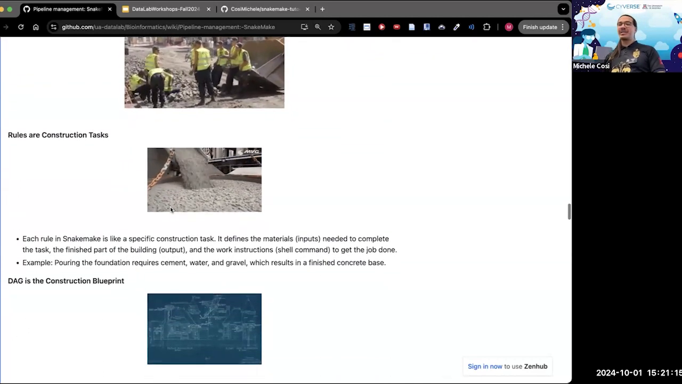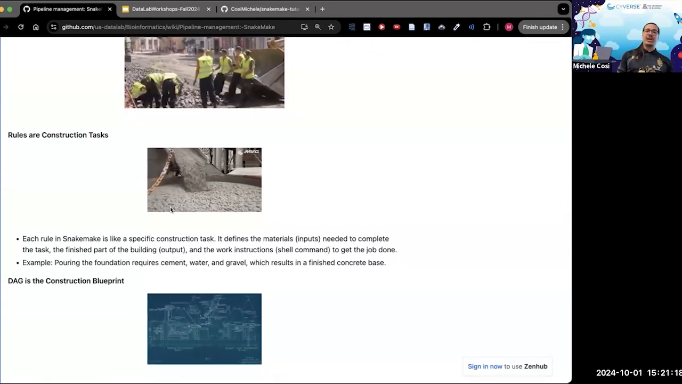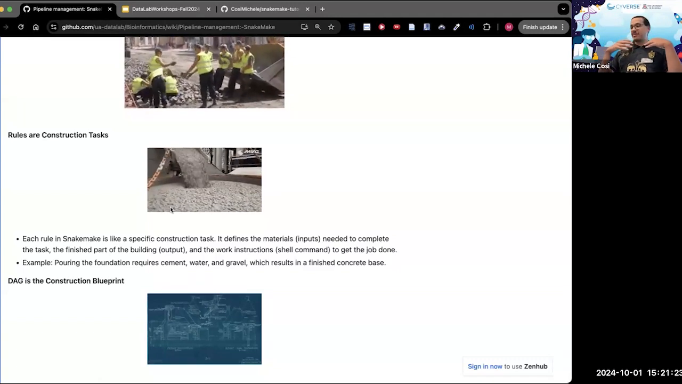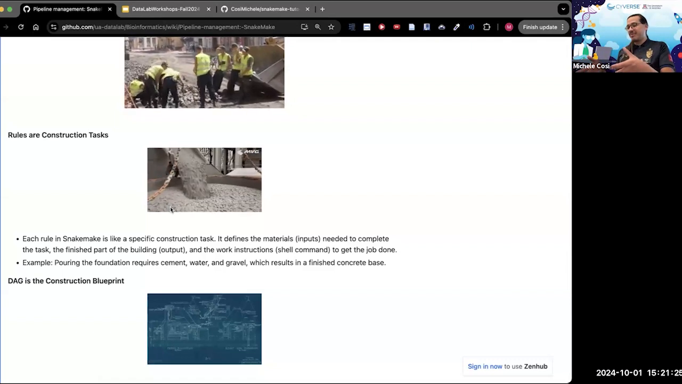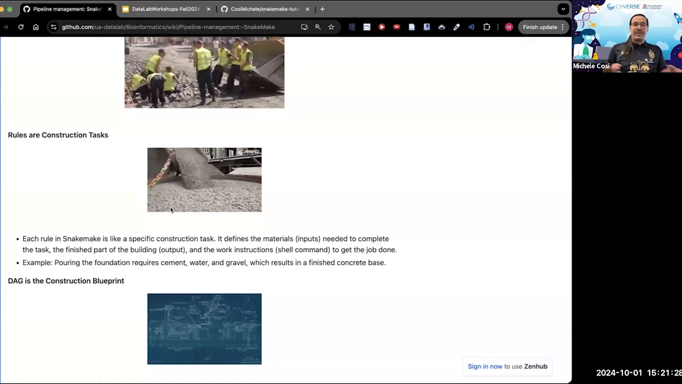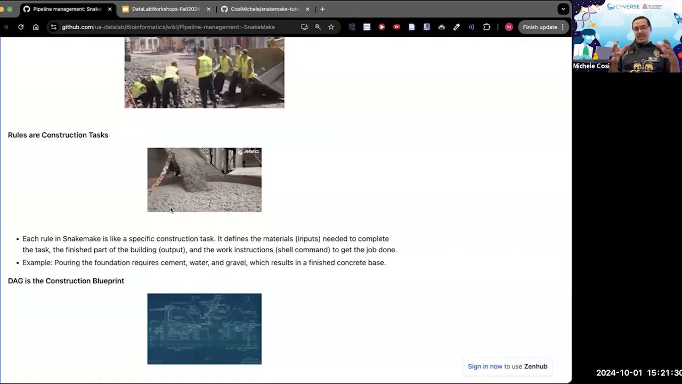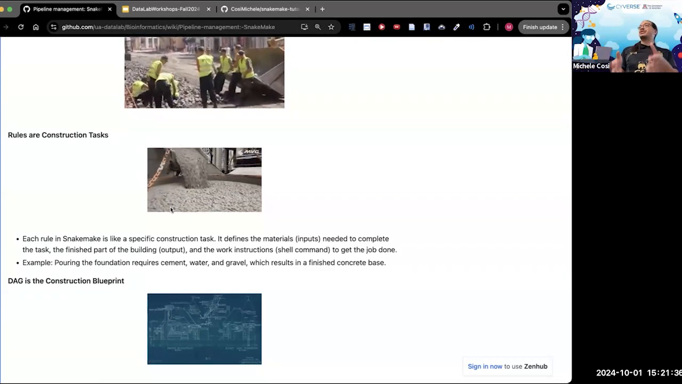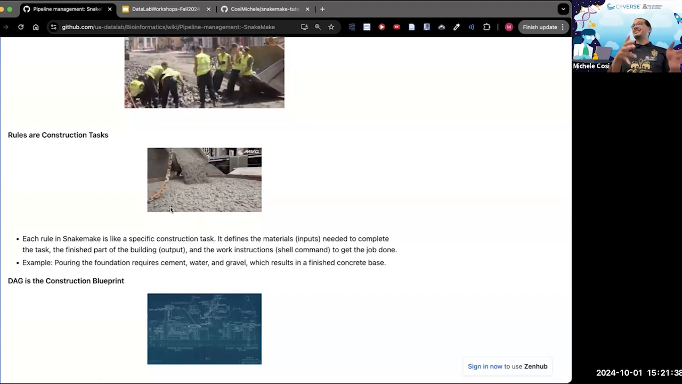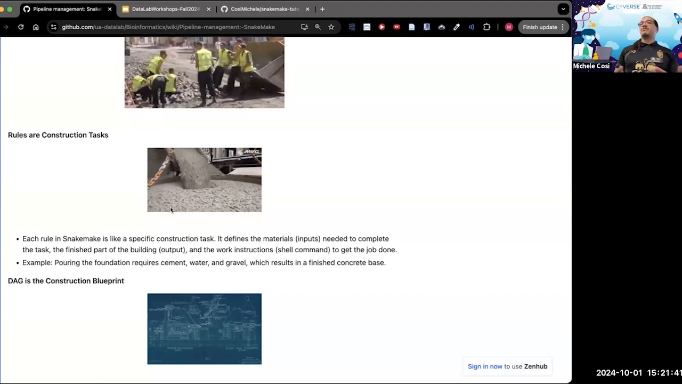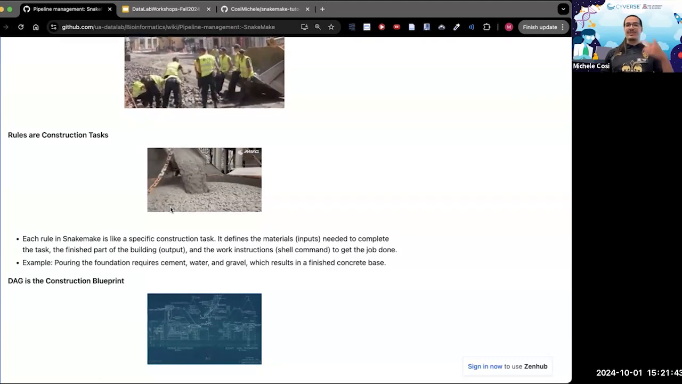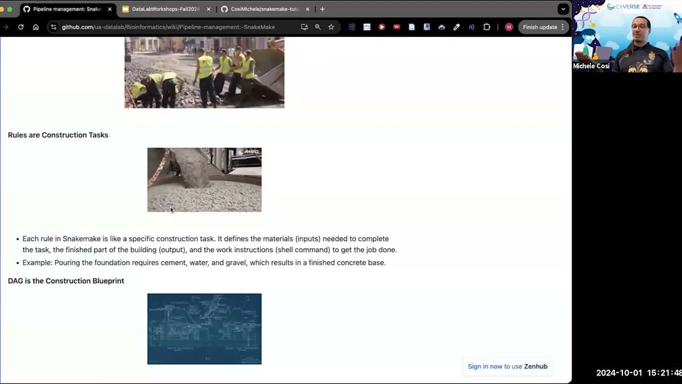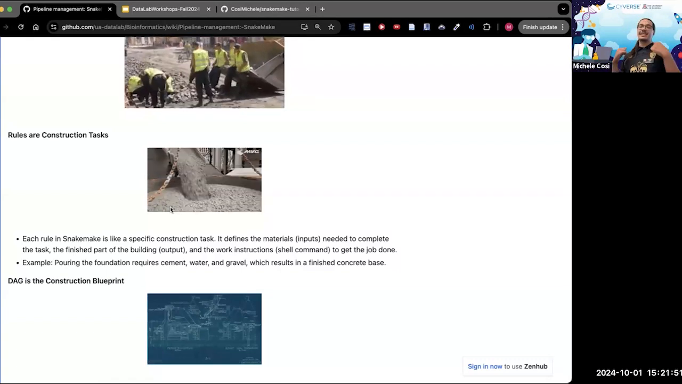Rules are kind of like your construction tasks, where each rule in Snakemake is like a specific task in the construction, where, for example, you need to pour concrete. So imagine your task being having to pour concrete. You require certain inputs and certain expected outputs. In this specific case, the input will be cement, water, gravel, and the output will be a finished concrete base. This needs to be explicit